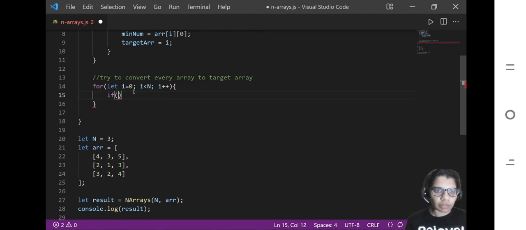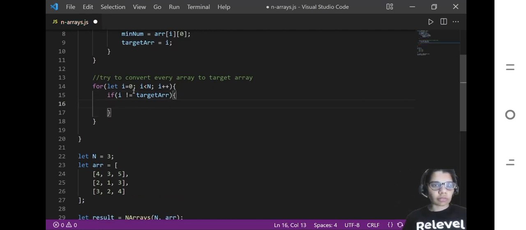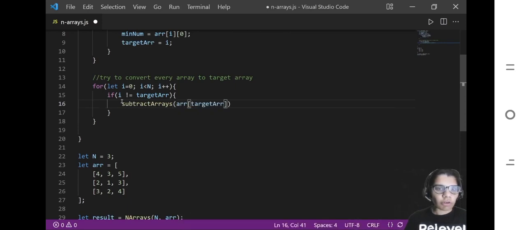So here we can say that if your i is not equal to your target array, then only we will try to convert it to the target array, right? If your current array is not the target array, then only we will convert it to the target array, right? And how we are going to convert it? So basically we are just trying to subtract the arrays. And how we are going to subtract the arrays? We would be subtracting your target array from your current array. So array i, right? And if you are able to convert it,